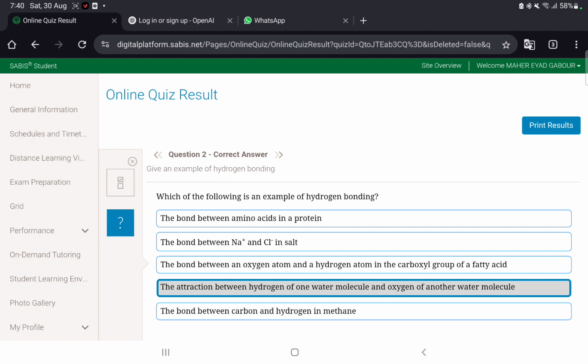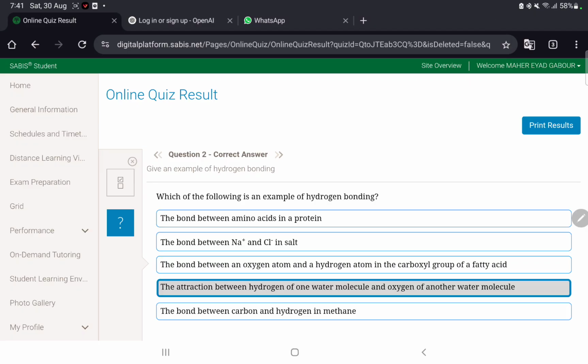They attract and it's uneven sharing, obviously, so it makes a hydrogen bond. It's called a hydrogen bond. Remember, it is in the vicinity and not in the same water molecule. If it's in the same water molecule, it's called a polar bond. I don't want to confuse you guys. If hydrogen and oxygen are bonded together, but they are in the same water molecule, then it's called a polar bond.